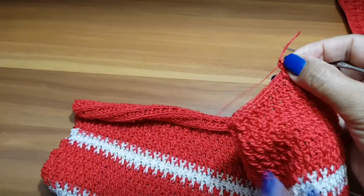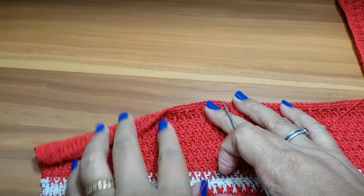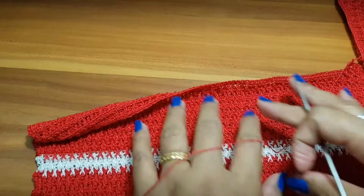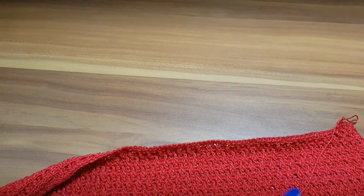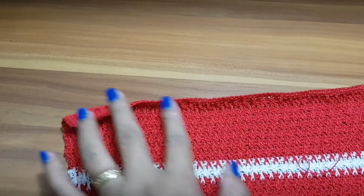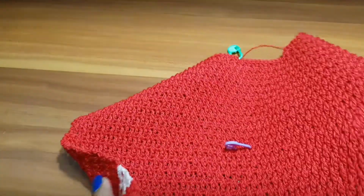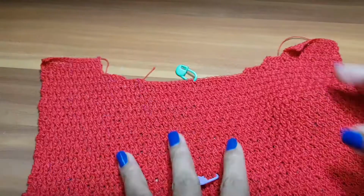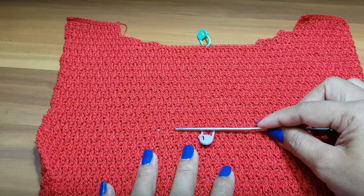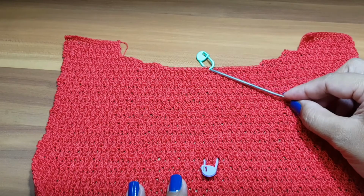Okay, so from the row 60 you will continue with the same pattern without the decreasing until you reach the row 82 on the neckline. Okay, continue your rows from row 60 until row 82, and then I'll meet you shortly when we are reaching there. Okay,